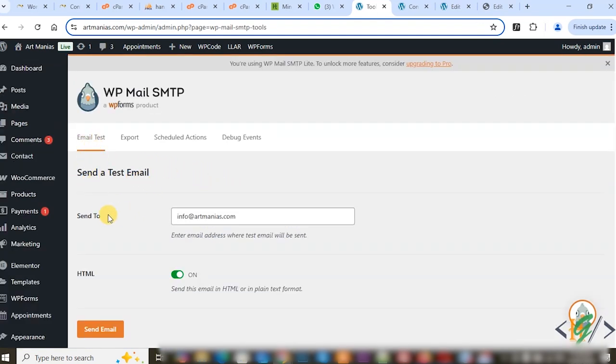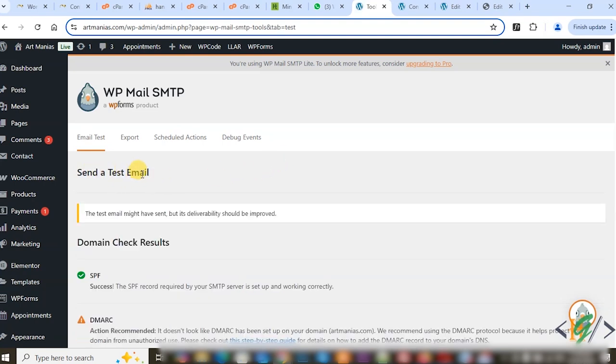Send a test email, send to. So you can add your email address to check. Enter the email address where the test email will be sent. HTML on. And then click on send email. Now you see send a test email, and then you see the test email might have sent, but its deliverability